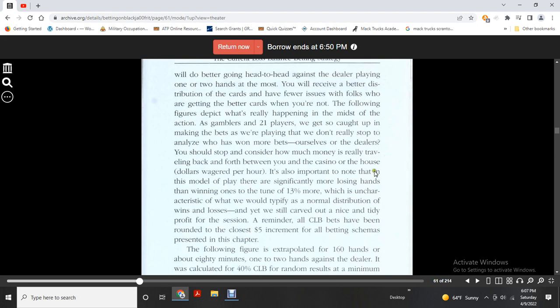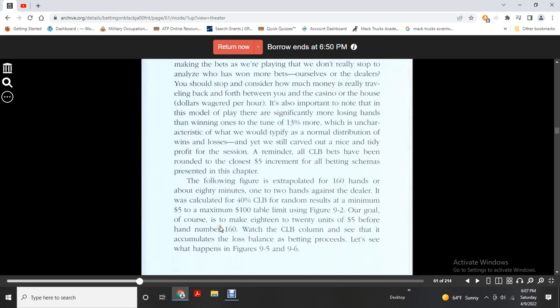It is also important to note that over the play there were significantly more losing hands than winning ones, on the order of 13% more, which is uncharacteristic, as it would typically lie with the normal distribution of wins and losses, yet we still carved out a nice and tidy profit for the session. The remainder of all clearance losing bets have been rounded to the closest $5 increment for all betting schemes presented